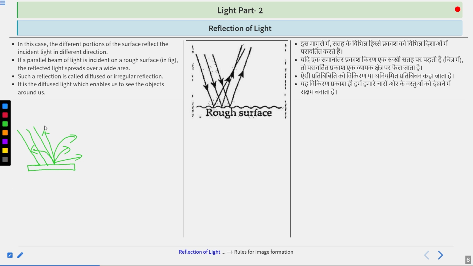So that's why we are able to see the objects around us easily from all directions. If they all went in the same direction like this, then the object would be visible only from one particular direction and would not be visible from any change in direction, because it would not be receiving the diffusiveness that is required. Okay,